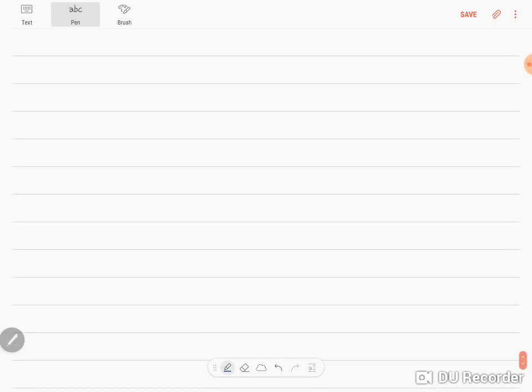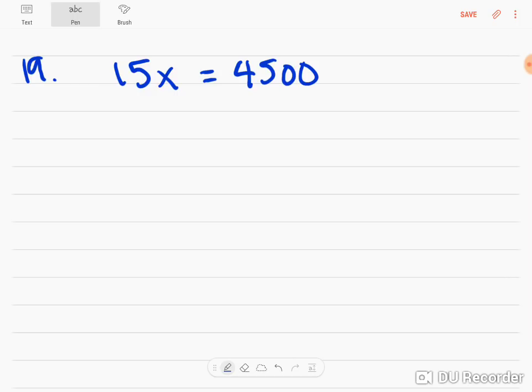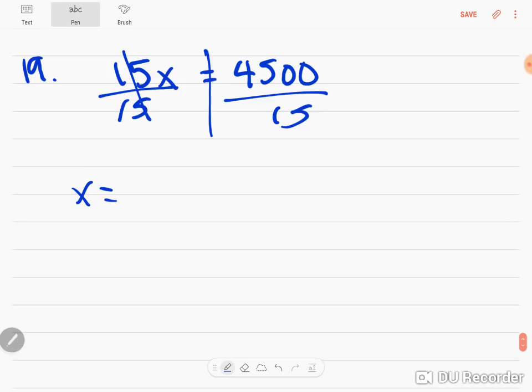Number 19. I got 15x is equal to 4,500. What's the relationship between 15 and x? They are multiplying, so the inverse operation is division. I must divide by 15 from both sides. That leaves me with just x. x is equal to